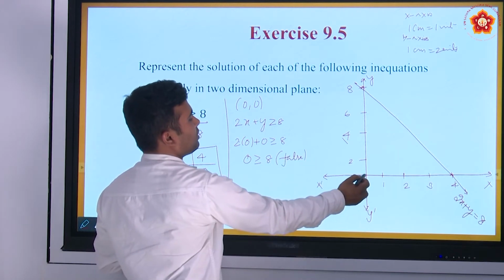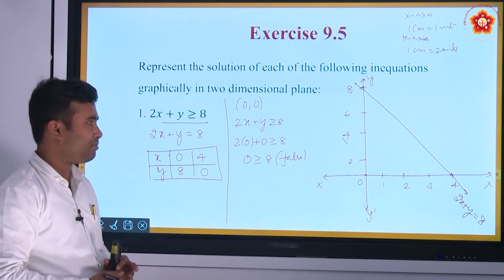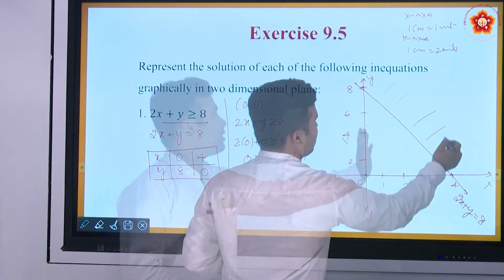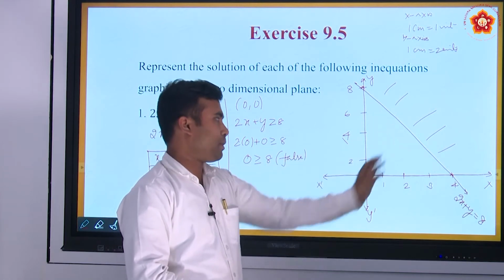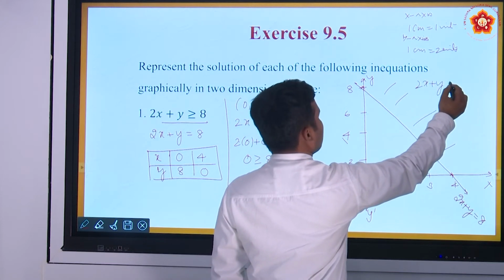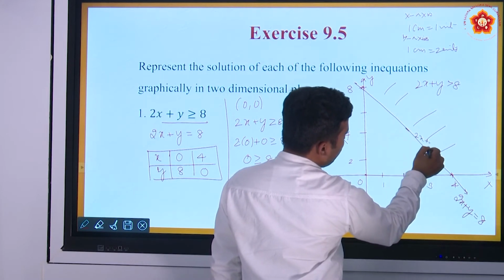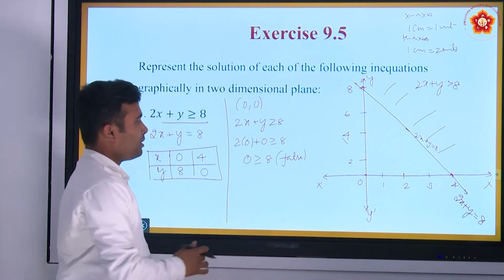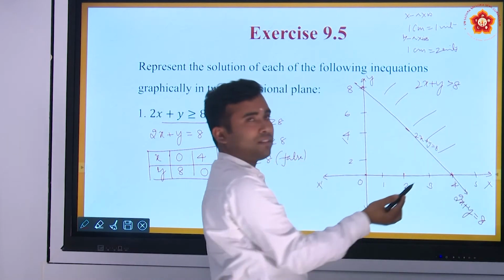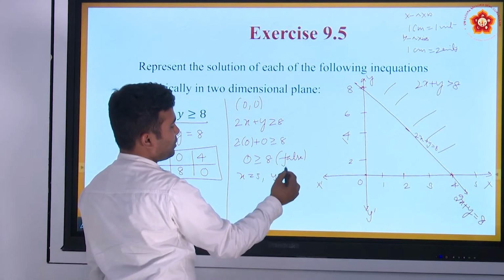That means this point may not satisfy the given inequality. Understand? So therefore we can say the solution region lies away from the origin. You can say, see, this region I can call 2x plus y greater than 8, and this is the line, I can say, 2x plus y is equal to 8. Understand? See, if I take any value here, say you take 5 and you can take 10, that will be satisfied. If I take x equal to 5 and y equal to say 10.